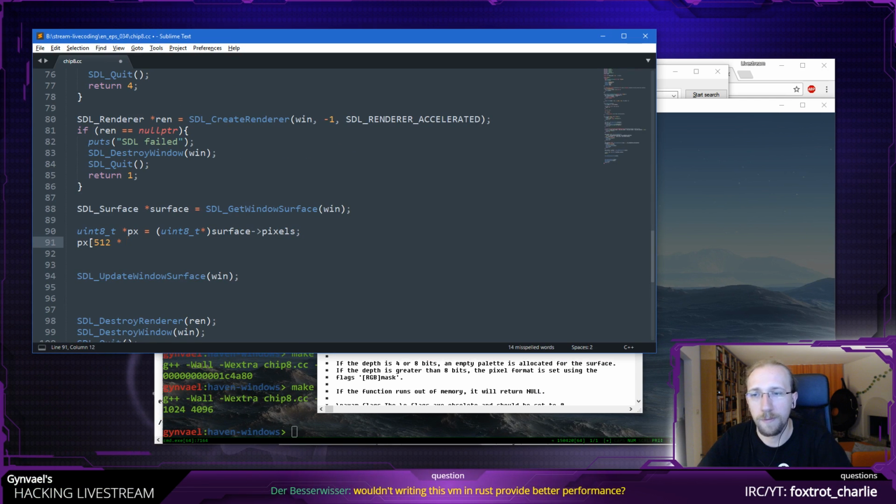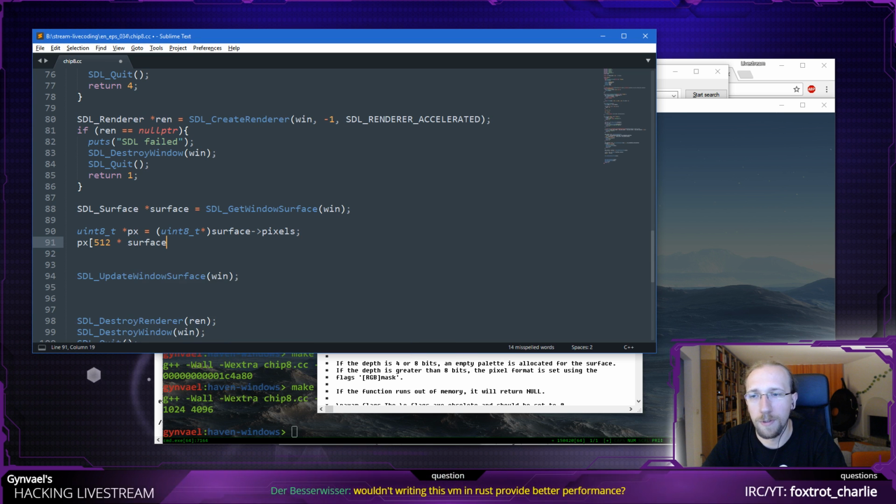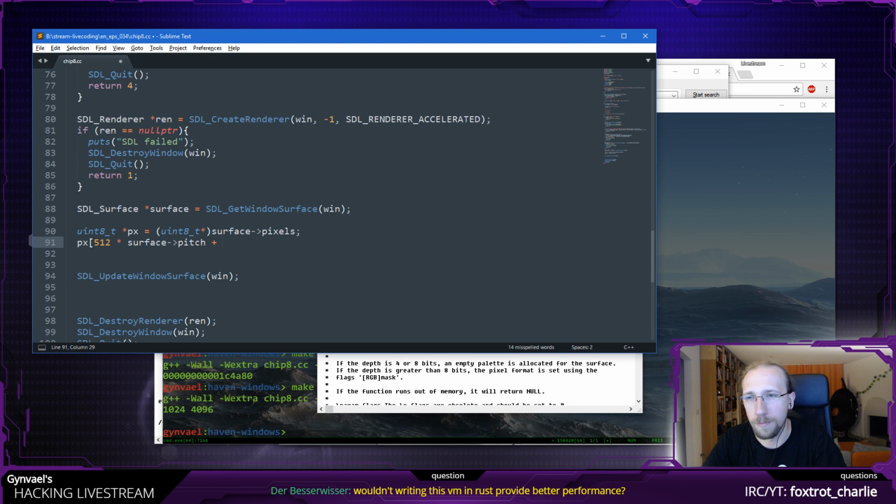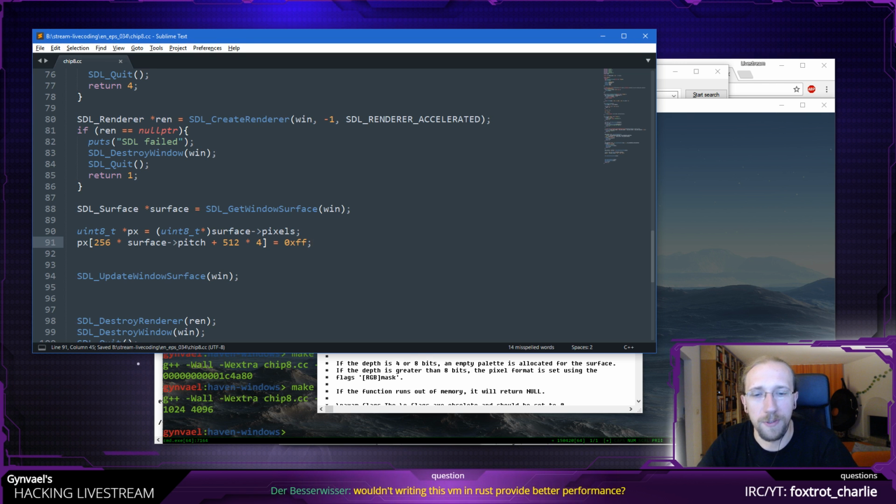It's here, so 512 times the pitch, which is surface pitch, plus, and now the x. No wait, that's the width and this is the height, so this should be half, times 4, because 4 is again how many bytes per pixel there are.